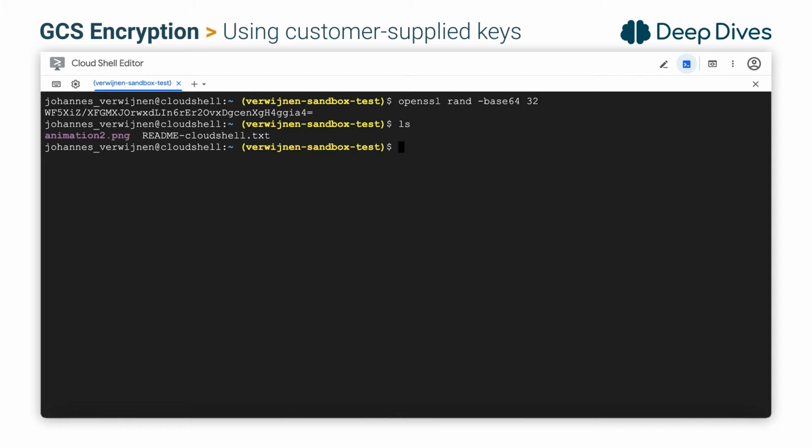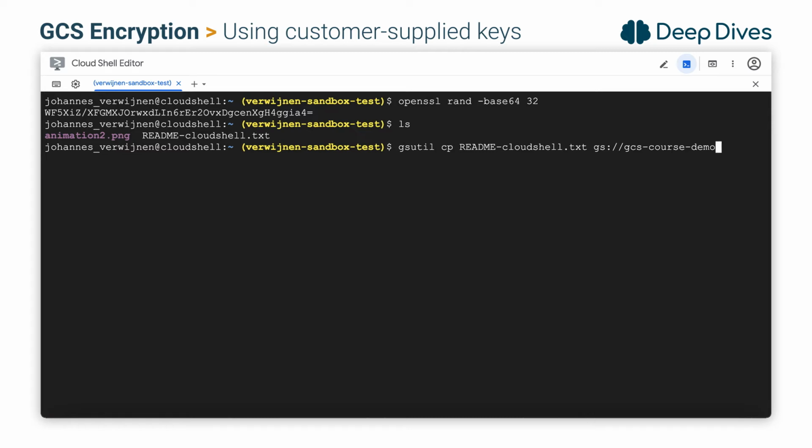I do. README, that's always good. So if I try to upload gsutil cp README to the GCS course demo bucket, now it would use the default